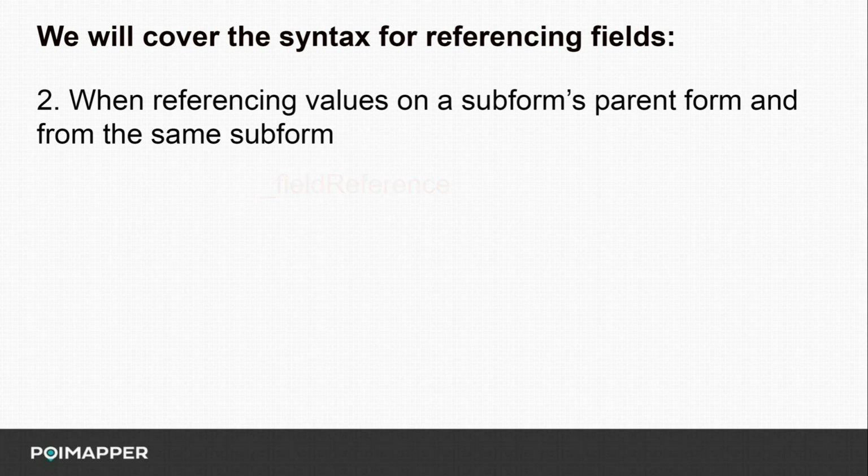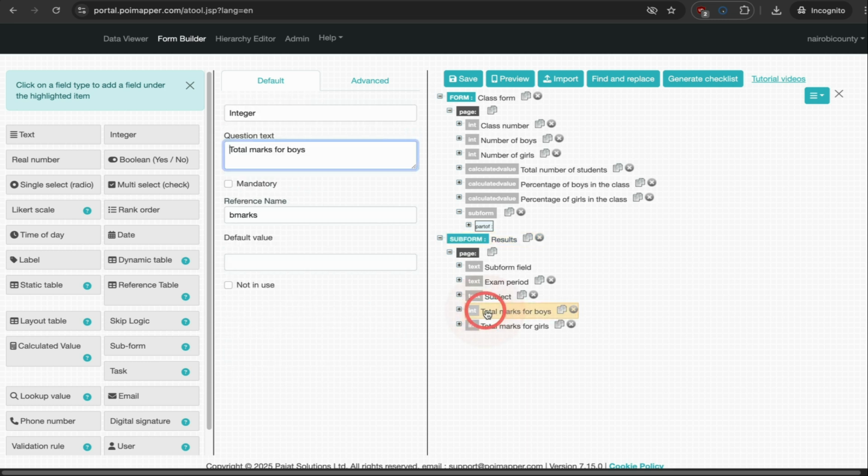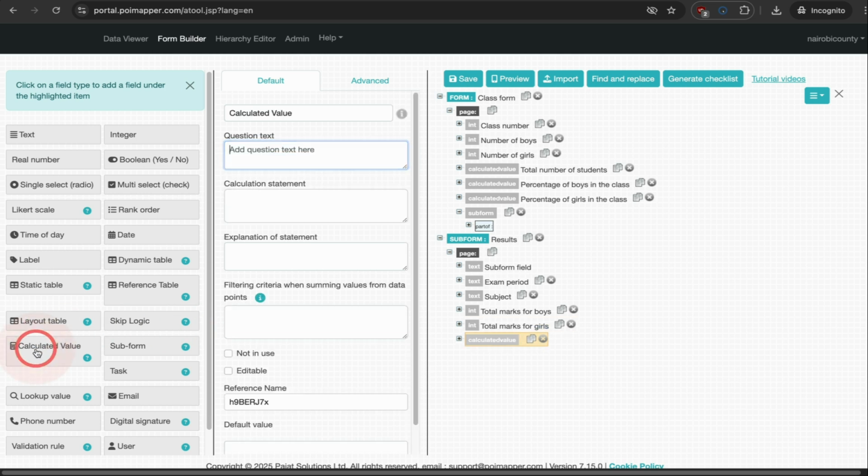Let's see an example. We have a subform here with some defined fields: exam period, subject, total marks for boys, total marks for girls. We will add a calculated value, average marks for boys, give it a reference name, AV boys,